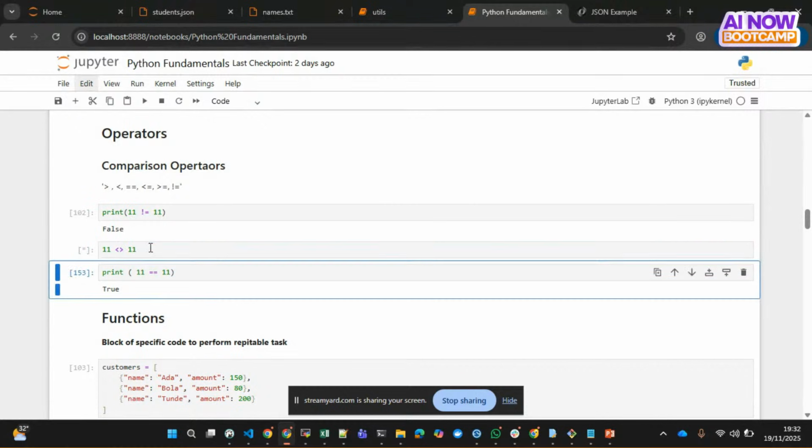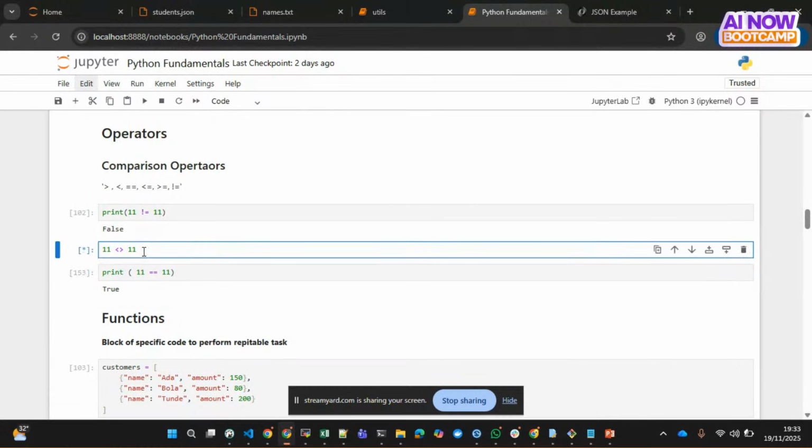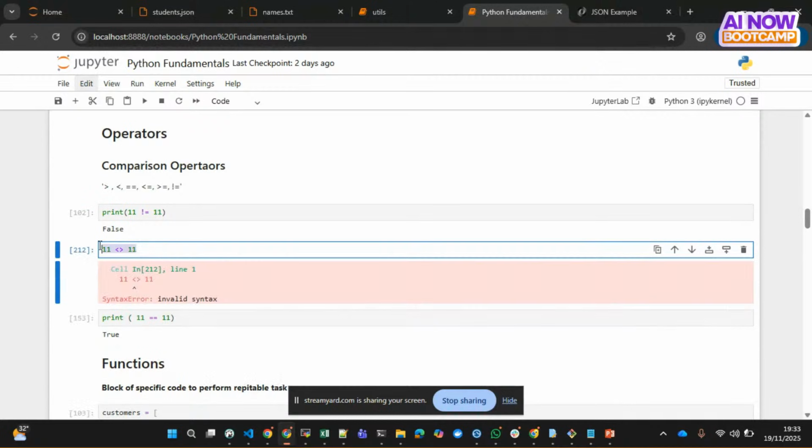Okay, it doesn't work in Python. But in SQL, another way to do a not equals to is to do it classically, and then on functions,